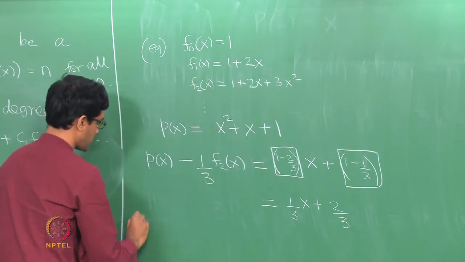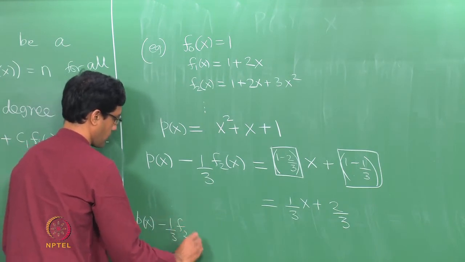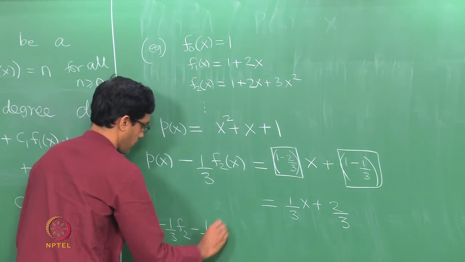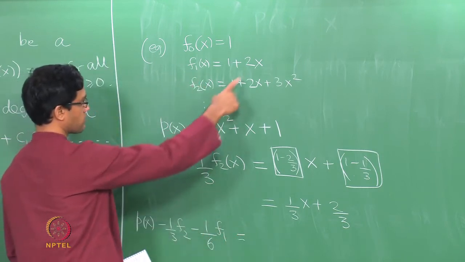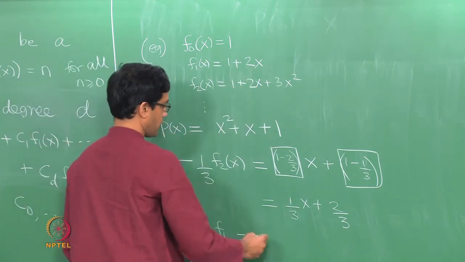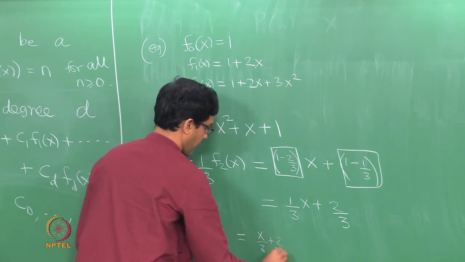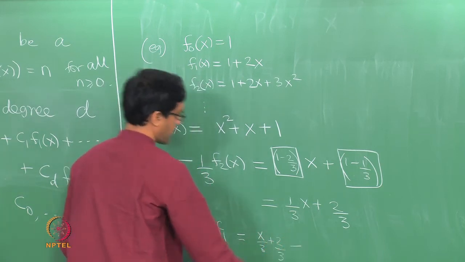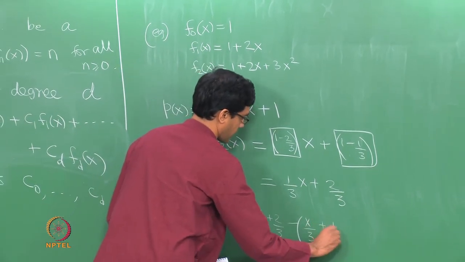So let us do the following. Let us take p of x minus 1/3 f2 minus 1/6 f1, okay. So dividing this by a 6 will make this x by 3. So doing this, what will it do? Let us just write it out fully. X by 3 plus 2 by 3 is what I have, from which I have to subtract out x by 3 plus 1 by 6,